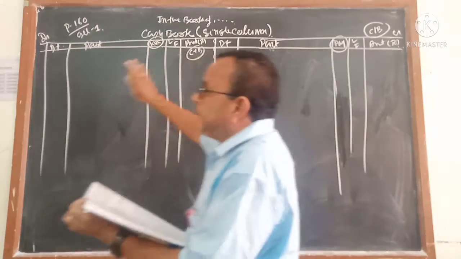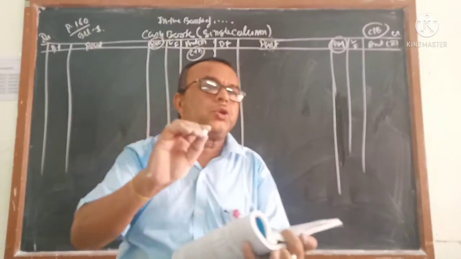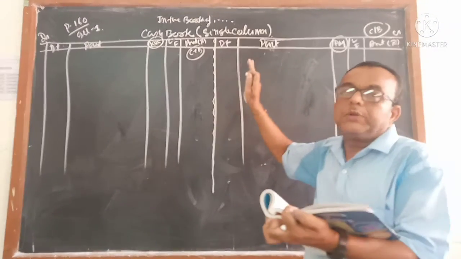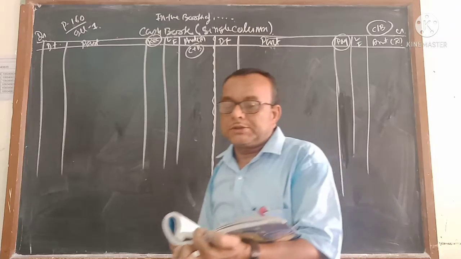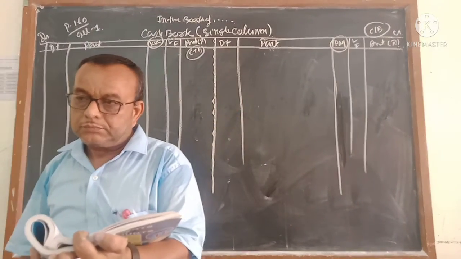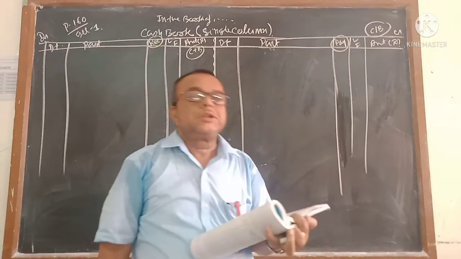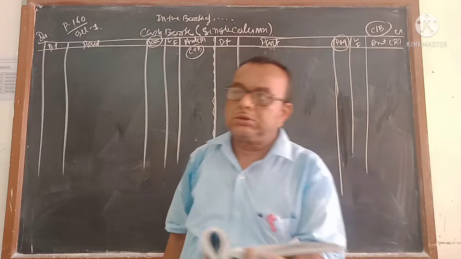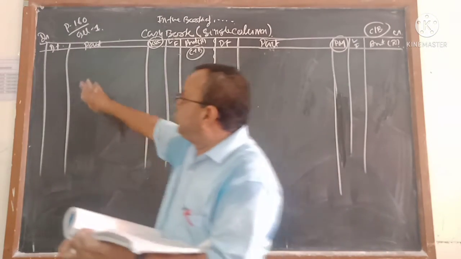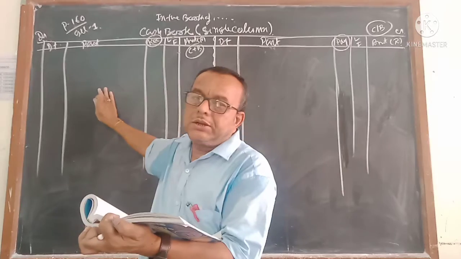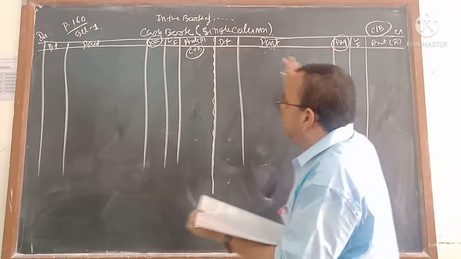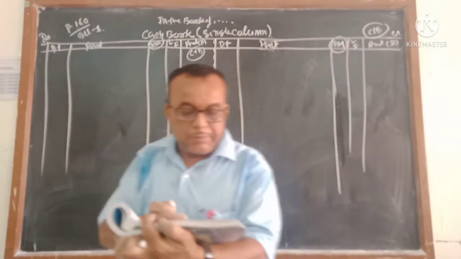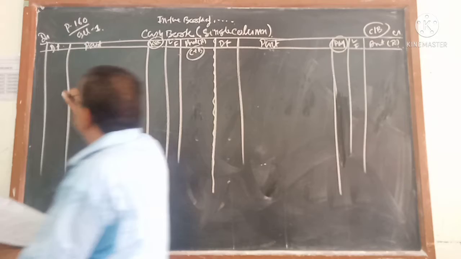But keep in mind, if you record on the debit side, you will write To. And if you record on the credit side, you will write By. Just an example: suppose you paid salary of rupees 5,000, the cash has gone, you will write By salary. Suppose you received commission, so cash is coming in, you will write To commission. So if you write on this side, you write To first, and if you write on this side, you write By first. Then the remaining accounts follow. Very simple one. 2015 February 1.